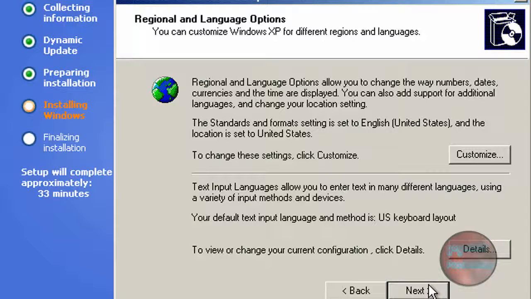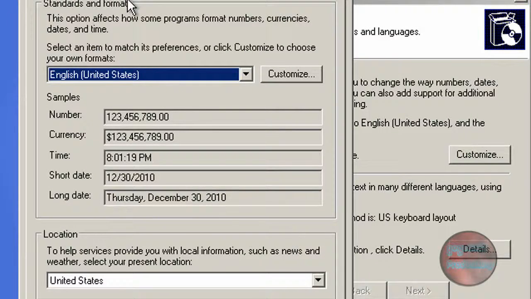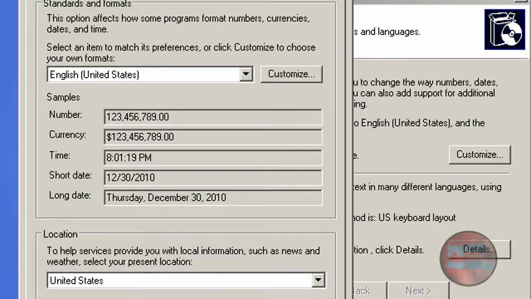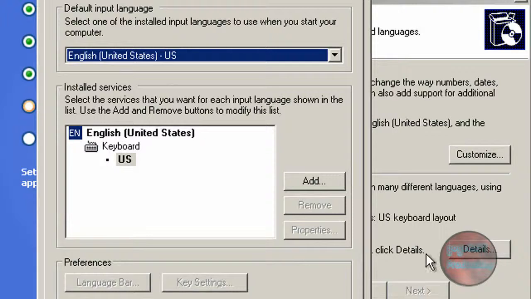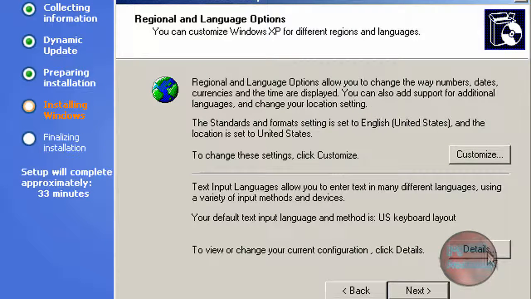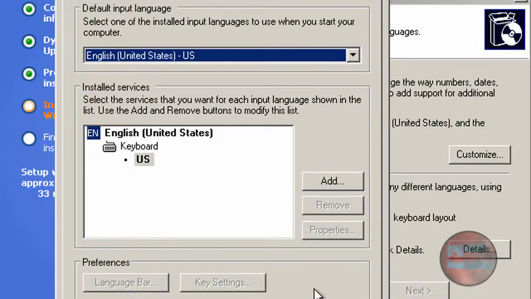This is a prompt screen. It's going to prompt you to insert all sorts of information. Now the first one is regional language options, and this is basically what format you want Windows XP to be in, like what language. And then this changes your keyboard layout. So if you have a keyboard other than the US keyboard, you want to press on details,